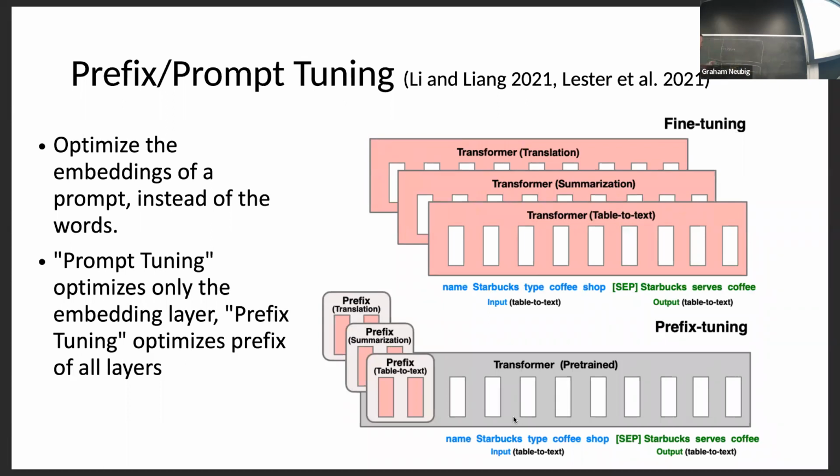So prompt tuning, basically, we have the frozen transformer parameters, and then we're only tuning the parameters of this prompt here. Whereas in prefix tuning, we're actually tuning something that we append to every layer. So it's important to know the difference between these two if you want to use them for something.